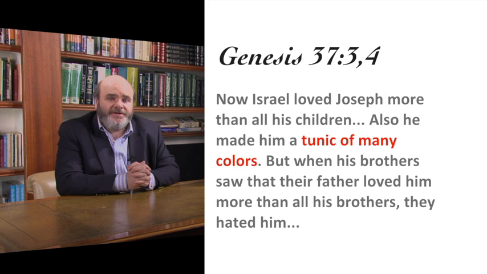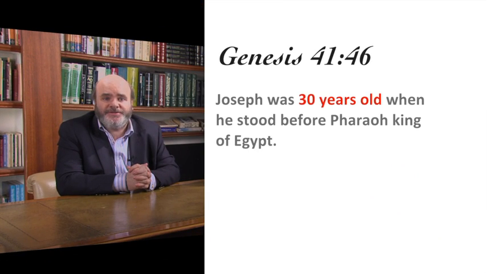His brothers then conspired to kill him in verses 18 to 20, but God saved him from death. Instead, he was sold into slavery in Egypt for 20 pieces of silver. That's verse 28. And that's where he served in Potiphar's house and then in prison. When he was 30, Joseph was exalted to the right hand of Pharaoh and began to rule in the year after Isaac's death. In Genesis 41:46, we read, Joseph was 30 years old when he stood before Pharaoh, king of